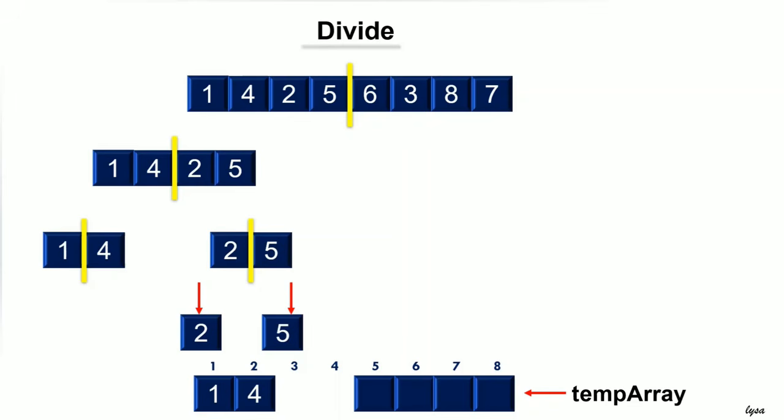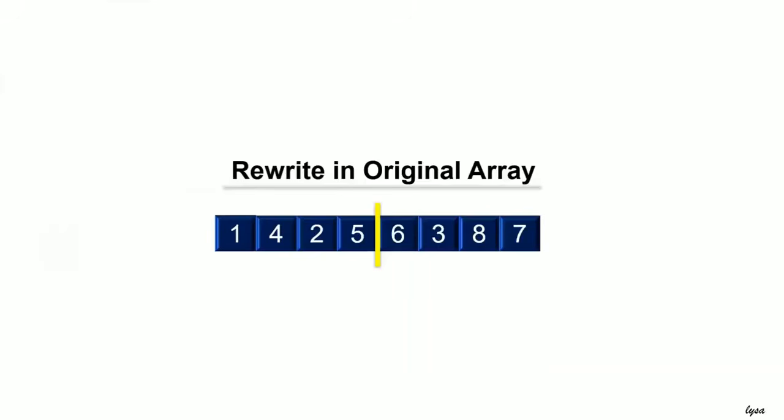Comparing 2 and 5, I know 2 is smaller, so I write 2 into the temporary array, and then move the pointer. One sublist is over, 5 is still remaining. I write it into the temporary array. At the end of it, again, I have to rewrite whatever was in the temporary array into the original array. When I write it, it is still remaining as